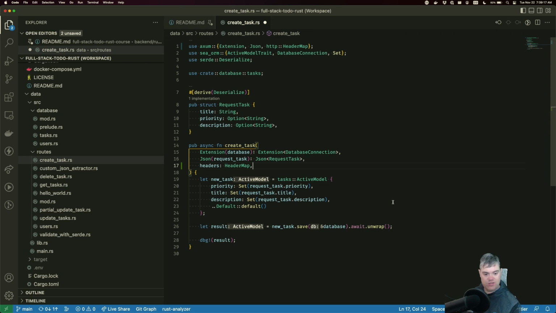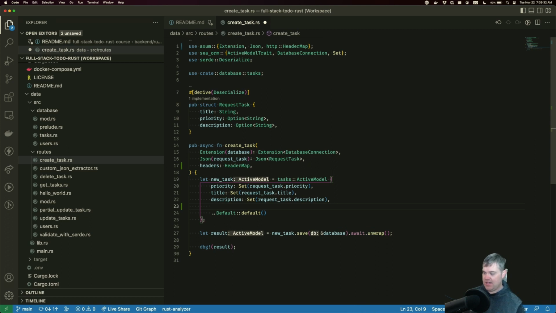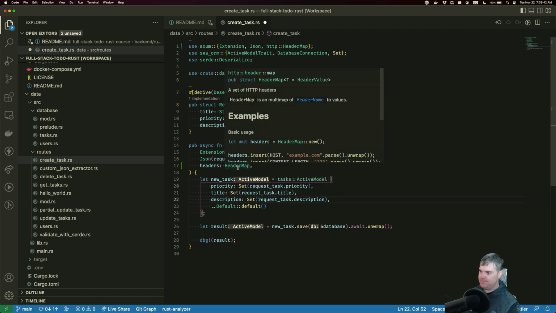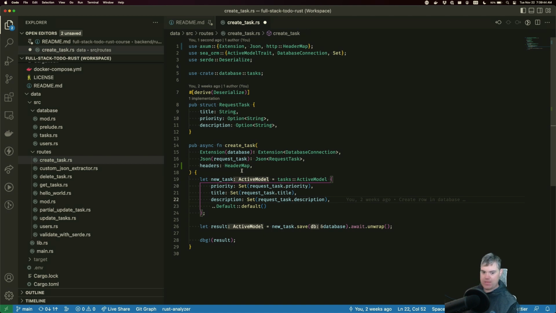Do tasks store the user that created them? Yes. So that's why I think I need to do create task. And then we're going to have to update request task. Oh, no, we don't update request task. We come in, we have to then find the user, and then new task would be user ID. Then we set it with the proper user ID, which is right now null. Extension.